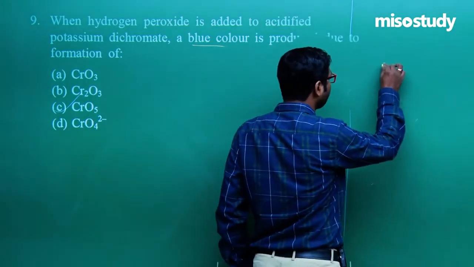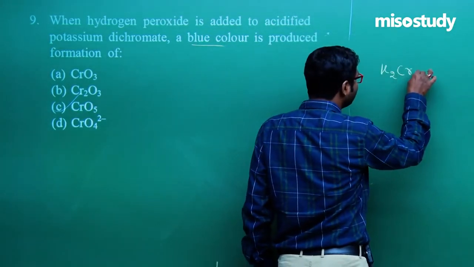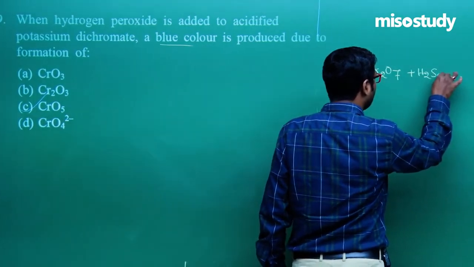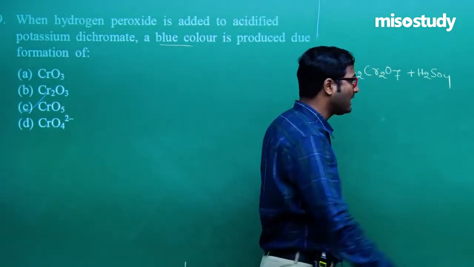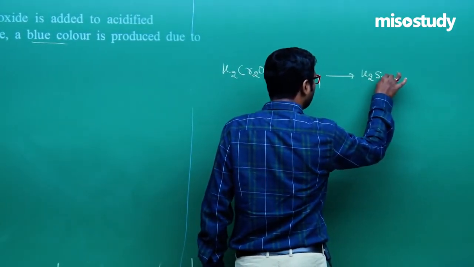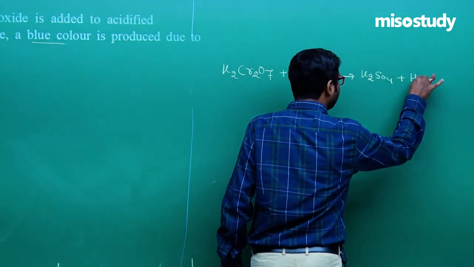This one, K2Cr2O7 acidified with H2SO4. Clear? This is the first part. What will happen in this case? That is the formation of K2SO4. Then the next one is